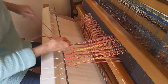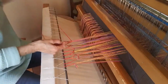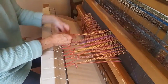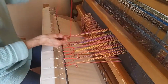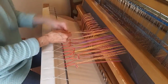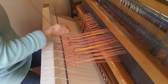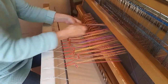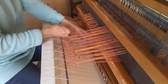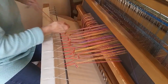bunch. Some people like to put the lashing cord on a small shuttle or tie it into a butterfly, but I've tried both of those things and they didn't work very well for me. It just seemed to make it more difficult to deal with. So 2.5 yards is not, for me, so long that it's hard to pull through those groups of warp threads. I'm going to continue this all the way across the warp, keeping that tension on,